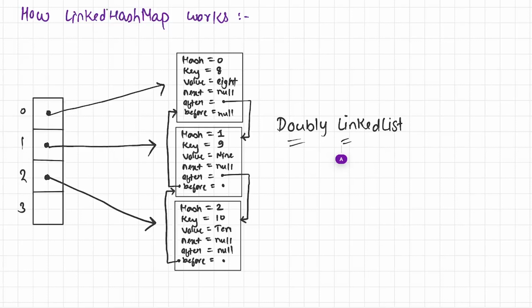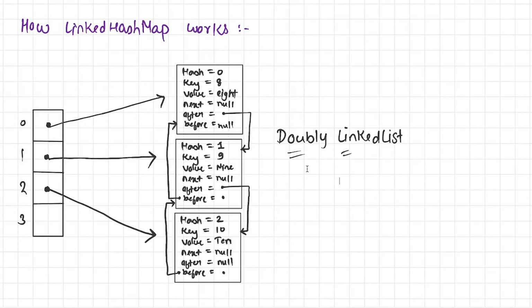So this is the only difference between HashMap and the LinkedHashMap, that in HashMap there is no guarantee of the order of all the entries, but the LinkedHashMap makes the guarantee to maintain the insertion order of all the entries. So that is why a doubly linked list is used in LinkedHashMap, and a singly linked list is used in HashMap as well as LinkedHashMap to resolve the collision by maintaining the chain of all the nodes. So guys, I hope by now the working of LinkedHashMap and HashMap is clear to you.